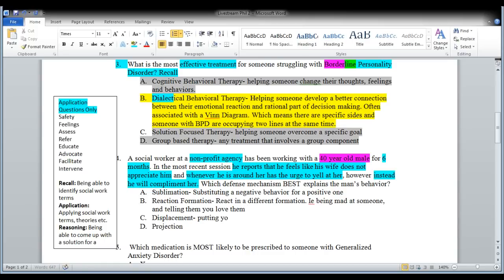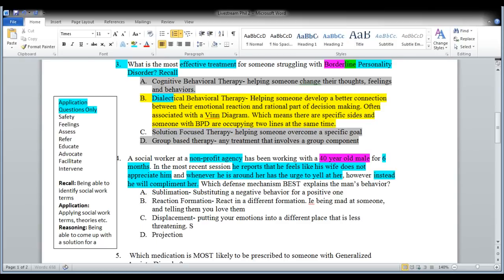Displacement is putting your emotions into a different place that is less threatening, i.e. punching a pillow, rather than punching someone you are mad at. So projection, propelling your actions or thoughts onto someone else. So within this person is saying that they want to yell at them, but instead they compliment